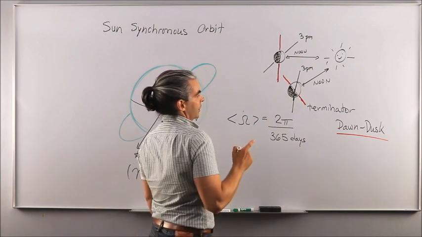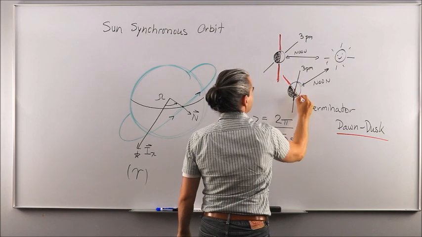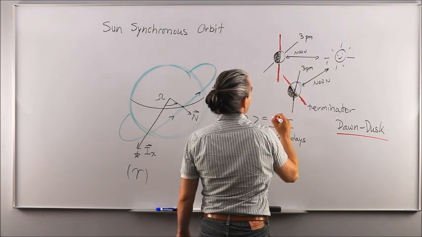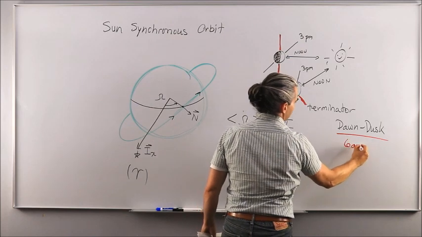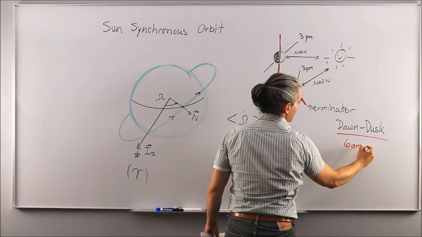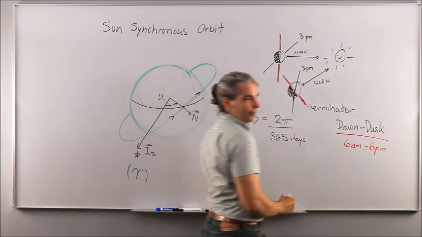The main benefit of a dawn-dusk orbit like this, which is 6 a.m. local time of ascending node and 6 p.m. local time of descending node,